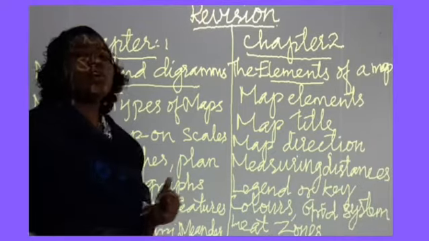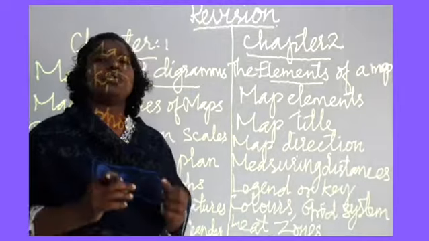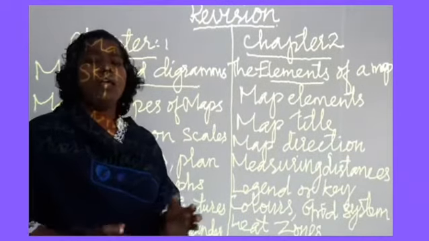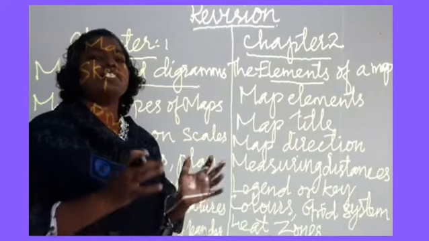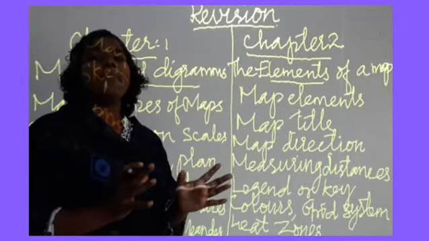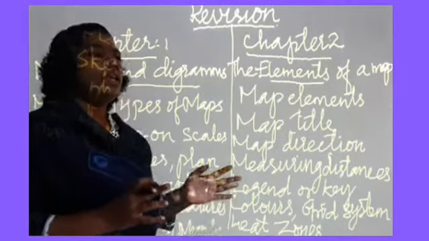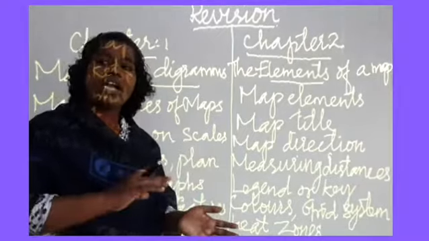And when we see a globe, a globe is a miniature model of the earth. It is the true model of the earth. Why do we call the globe the true model of the earth? Because it is spherical in shape. It reflects the shape of the earth. So the globe is a miniature model of the earth. Now, what are the advantages